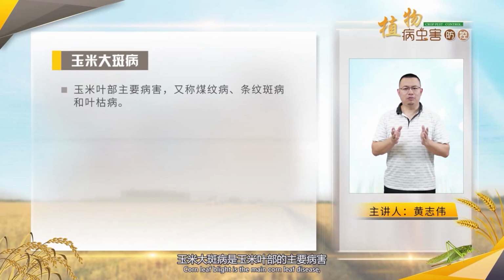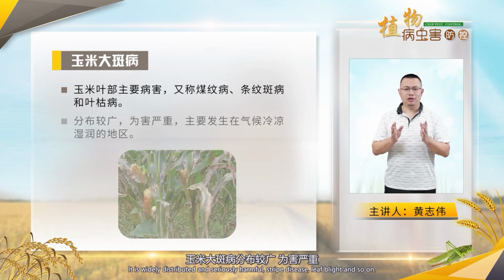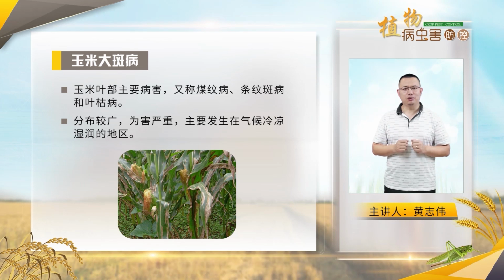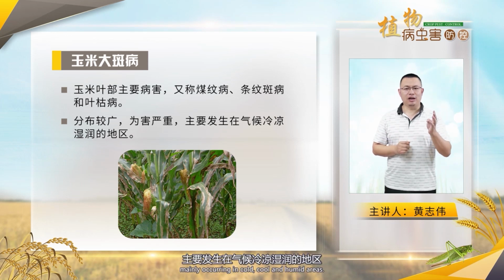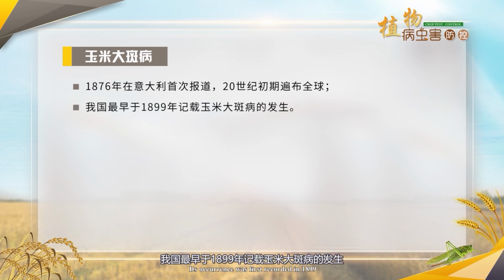Corn leaf blight is the main corn leaf disease, also known as gloom mold. It is widely distributed and seriously harmful, with symptoms such as stripe disease and leaf blight, mainly occurring in cold, cool, and humid areas. It was first reported in Italy in 1876 and spread all over the world in the early 20th century. Its occurrence was first recorded in